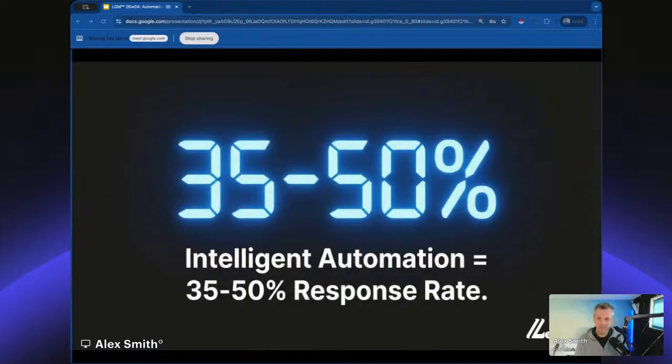Let me show you the data. This is from analyzing quite a few campaigns. With generic automation, where you're sending the same message out, you get a 3 to 8% response rate. With basic personalization, so just name and maybe a company, that goes up to maybe 12 to 18% acceptance rate. And if you're actually on LinkedIn and you're looking at the people that want to connect with you, that helps you to prove these rates.